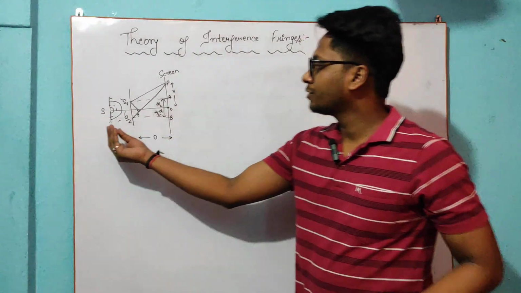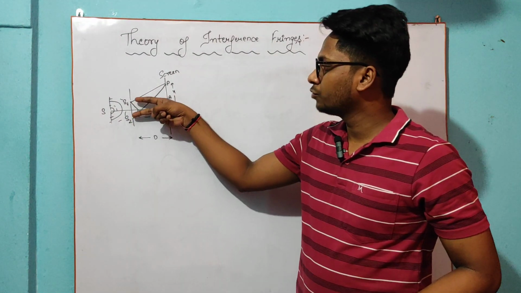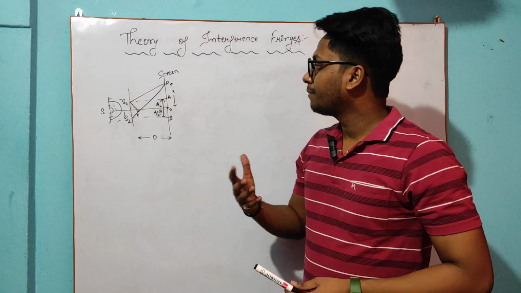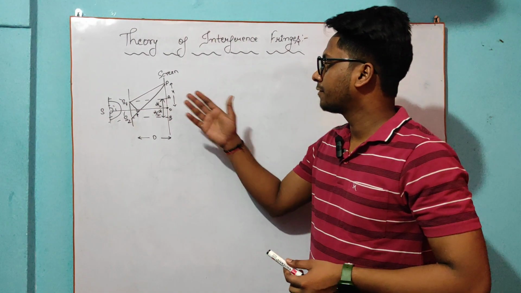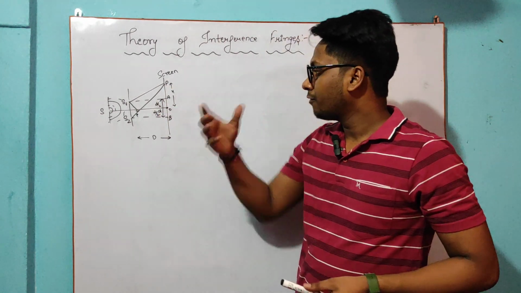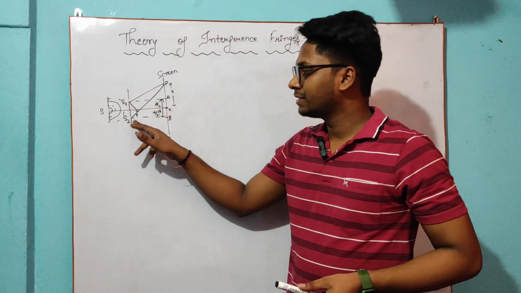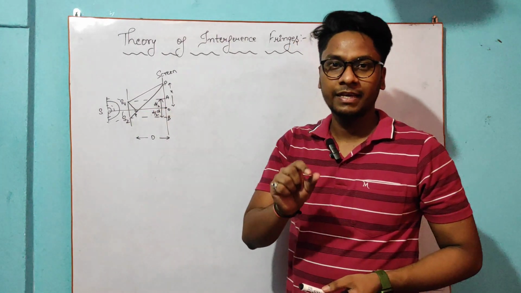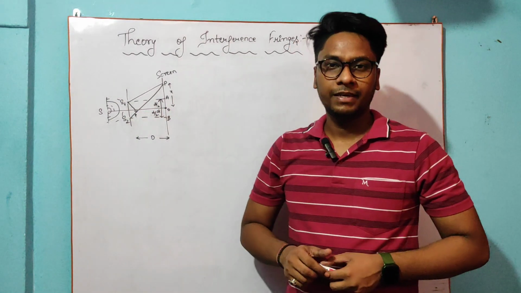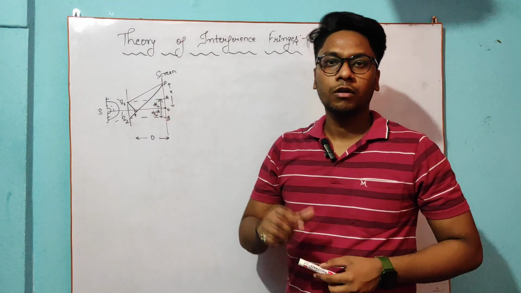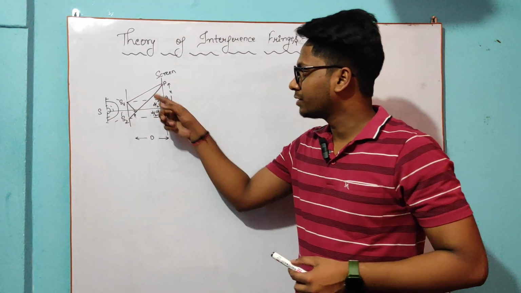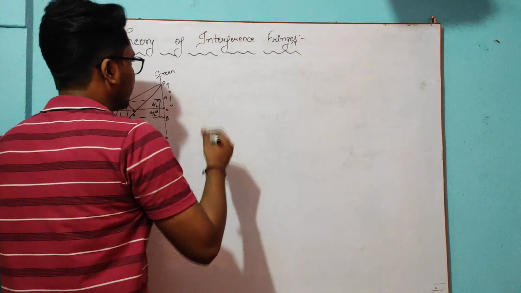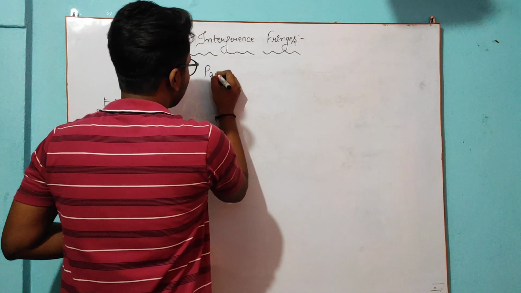See, let's suppose this is a monochromatic source and these two, S1 and S2, are the coherent sources. Now we have to observe the interference fringe at point P. We can easily see that the light ray emerging from slit S2 has to travel some extra distance in order to reach point P. That extra distance is called the path difference introduced in these rays. Okay, so path difference